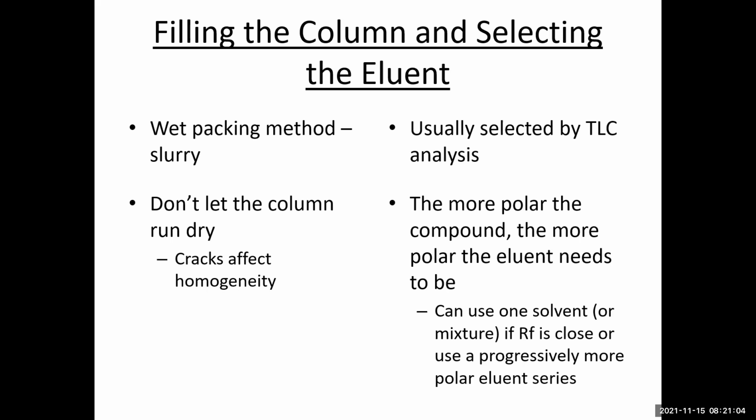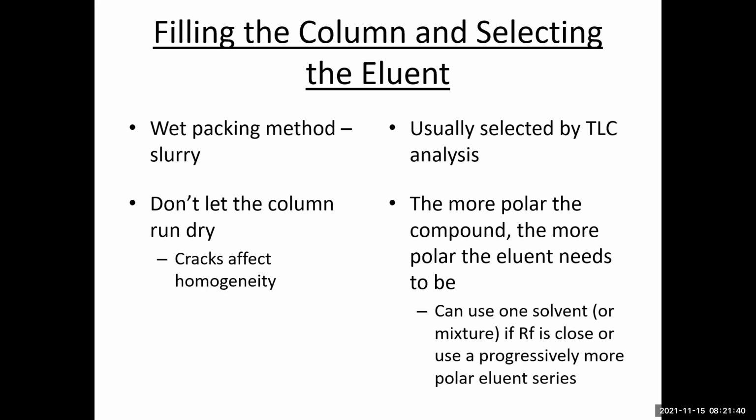So you can use just one solvent, like pure dichloromethane or something like that, or you can use a solvent mixture. The only thing is, if you use a solvent mixture, you need to use solvents that are miscible, right? So you can't just use two solvents where they're not going to mix together. That's why some solvents are more common than others, because there's miscible mixtures where one of the components is more polar than the other, and that helps us make different solvent mixtures with different polarity.